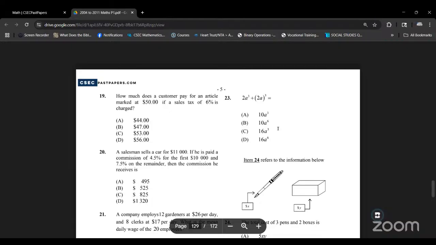Yes, sir. Go ahead, I'm listening. How much does a customer pay for an article worth $50 if a sales tax of 6% is charged? Okay. 6%. So remember the technique again. 1% of